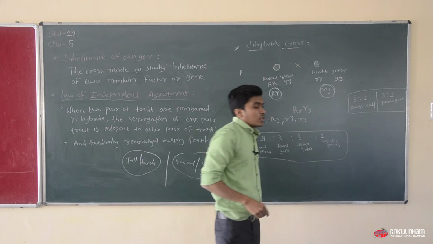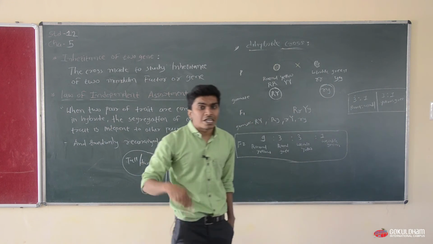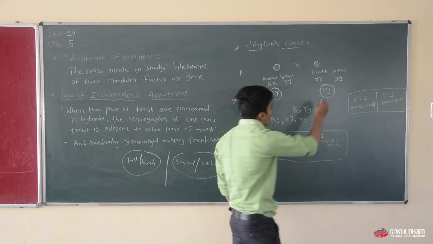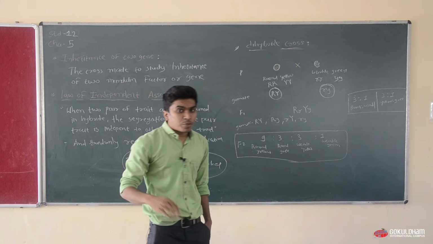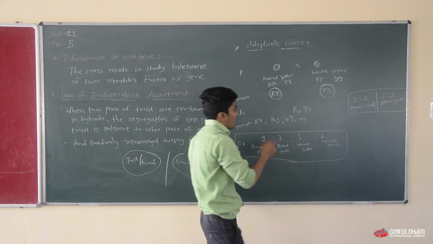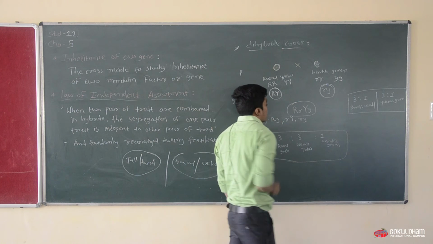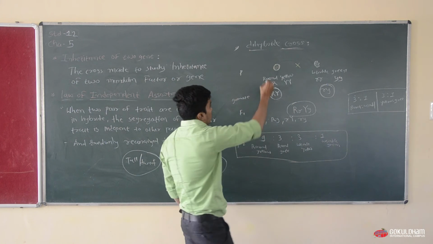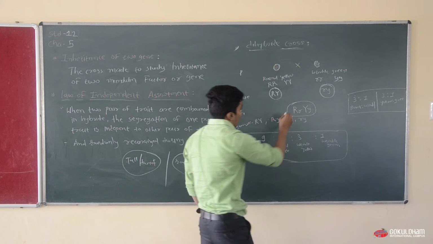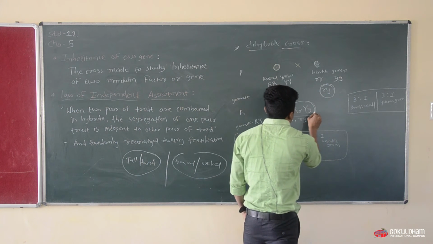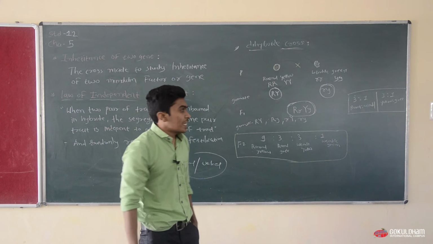Here also, because these traits are present in a homozygous condition, they will produce only one kind of gamete. After fertilization of both gametes, they will produce one hybrid plant which is similar to the dominant parent, having a hybrid genotype, a heterozygous